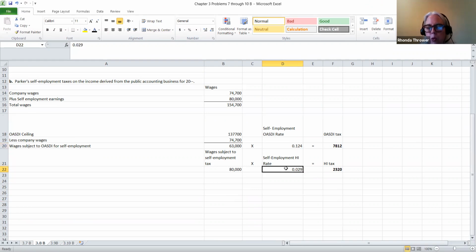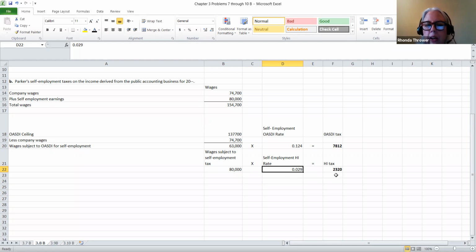The self-employed have to pay 2.9% in HI taxes. So we would multiply 80,000 times 2.9%, and that will give you the HI taxes that would be calculated on the self-employment earnings of